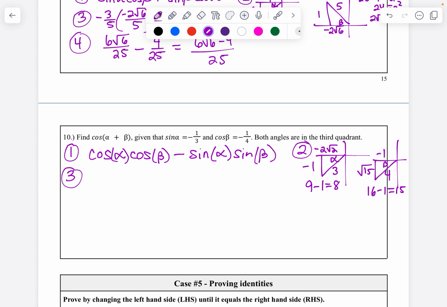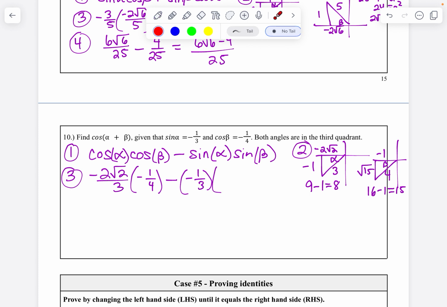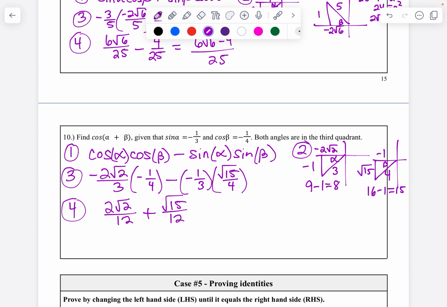So now we can plug in, so the cosine of alpha, here's alpha, cosine's negative 2 square root of 2 over 3. And then cosine of beta, they gave us in the problem, was negative 1/4. Sine of alpha, they told us was negative 1/3. And if we find the sine of beta, it's square root of 15 over 4. And so now we simplify. So we get 2 times the square root of 2 over 12 plus the square root of 15 over 12. And so if we write that together,